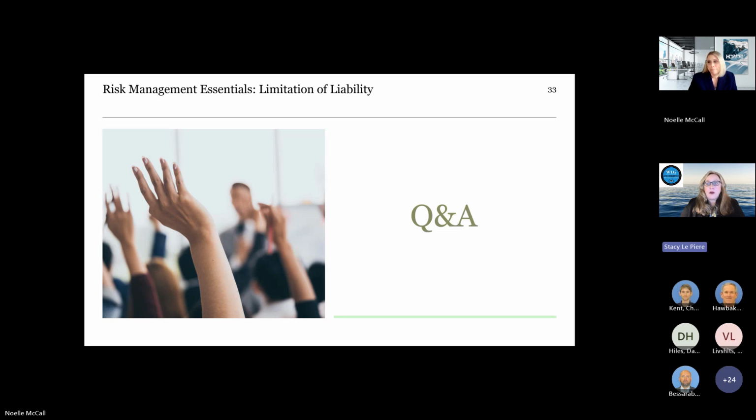Okay, thank you. Another question just popped up. Would you ever recommend the public entity absorb the cost of premiums in the contract price in order to have the insurance proceeds available in the event of losses, damages? Discuss pros and cons. Yeah, so that one is very subjective, and it really depends on what's going on with